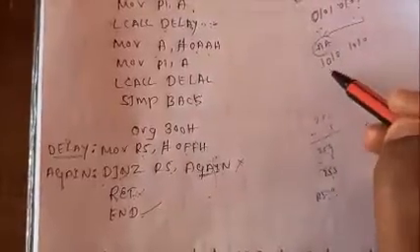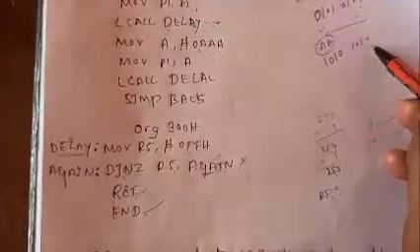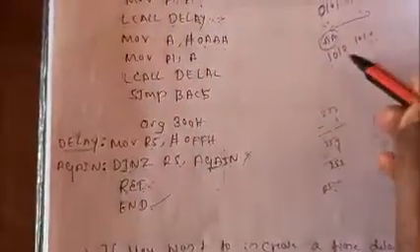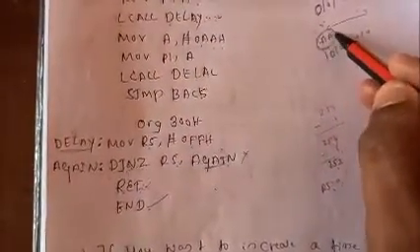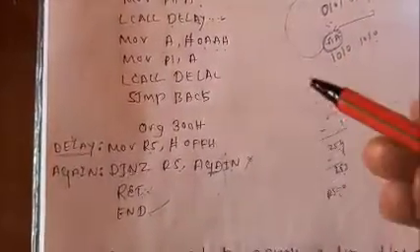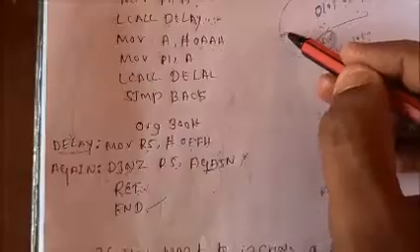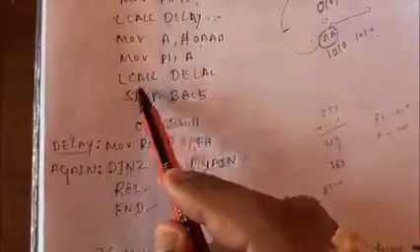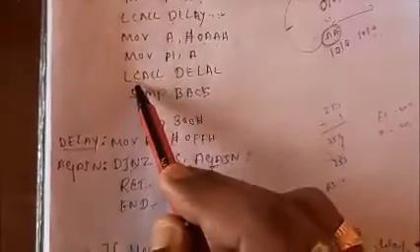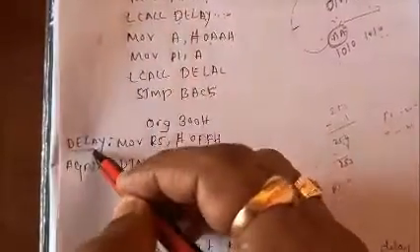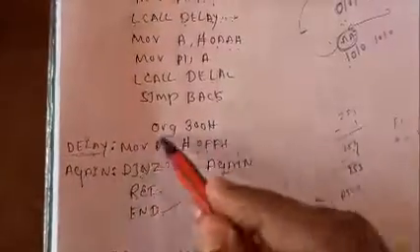0AAH is nothing but 10101010. It is loaded to P1. So again P1 is having this value. Again I need to switch to 55H alternatively. So again in between these two I need to call the delay function. For that I loaded the 51, again LCALL delay. So once the LCALL delay occurs, again the control is transferred to the delay function. Again it will execute the same thing.